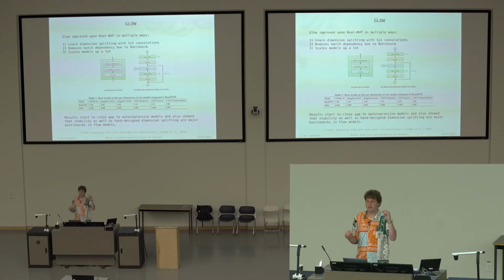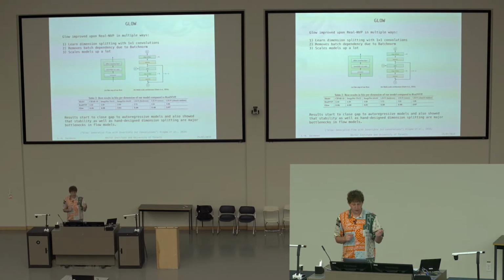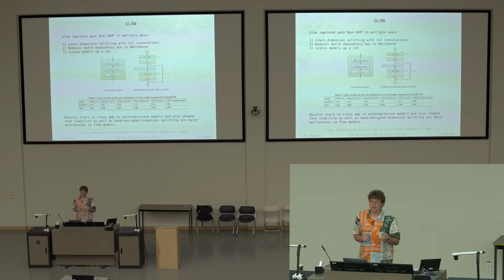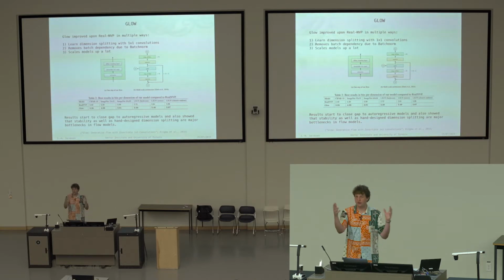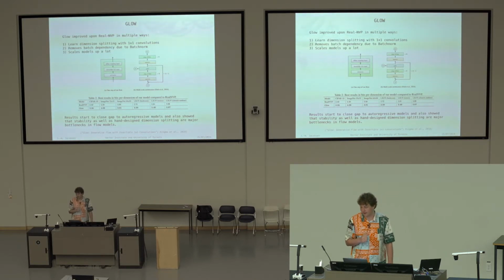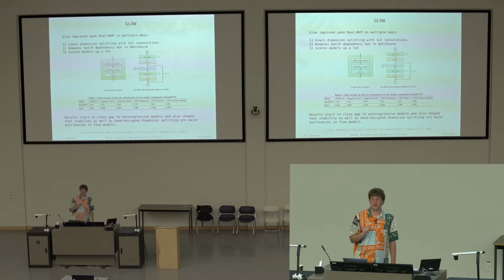What they do here is also what is called a squeeze. In TensorFlow, for instance, or PyTorch, it is called a pixel shuffle. So you really do what could be seen as an invertible downsampling. You shuffle pixels from space into channel dimensions, and that gives you a multi-scale view on your data. Then at the multiple scales, you factor out half of the dimensions to model low-level details, mid-level details, and high-level details.